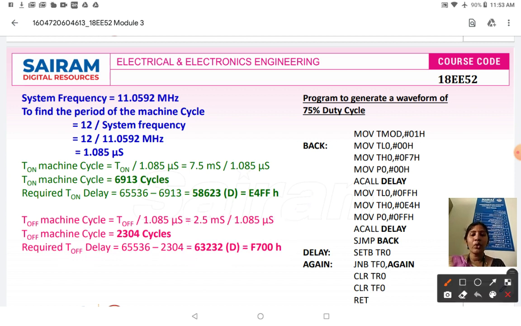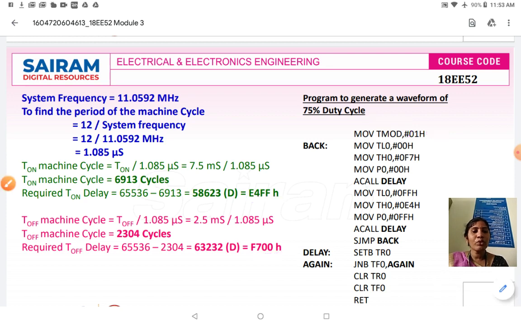Now we need to load E4FF and F700 in your timer register. Either you can load it onto your timer 1 or you can load it onto your timer 0. First we will be starting. Here we planned to write the program in mode 1. So we will start the program. MOV TMOD, T mode in the sense timer mode. I am going to use it with mode 1. So MOV TMOD,